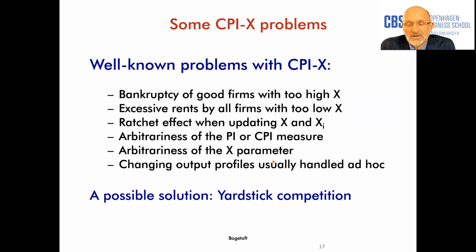So if there is a lot of technological progress, or a lot of possibilities to operate your company more efficiently, then you can end up having companies that make excessive rents and have extraordinarily high profit, which is also not good for the regulator, because it indicates that he has not been up to his task. There's also a problem called the ratchet effect when you update. When you go from one regulation period to the next, one can actually show that it might be a good idea to add a little bit of extra cost towards the end of a regulation period, because that will determine the starting point of the next.